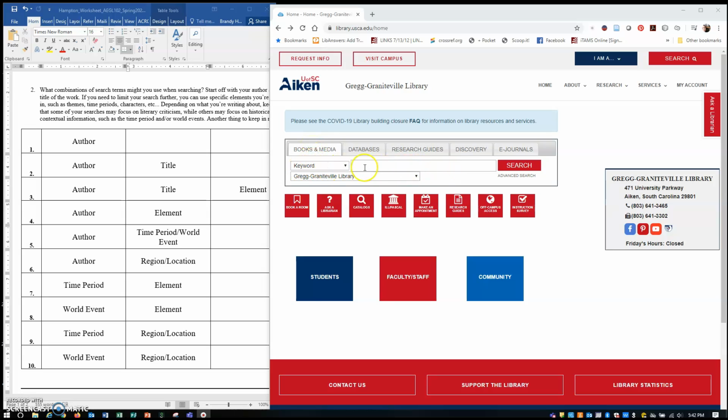We have this search box. There's this drop down that gives you the options of keyword, title, and author. What we're going to do, if we reference back to our worksheet, is search our author's name, but we're going to search our author as keyword, okay? We're not going to search them as title. We could possibly get things that way, but we're not going to search them as title,